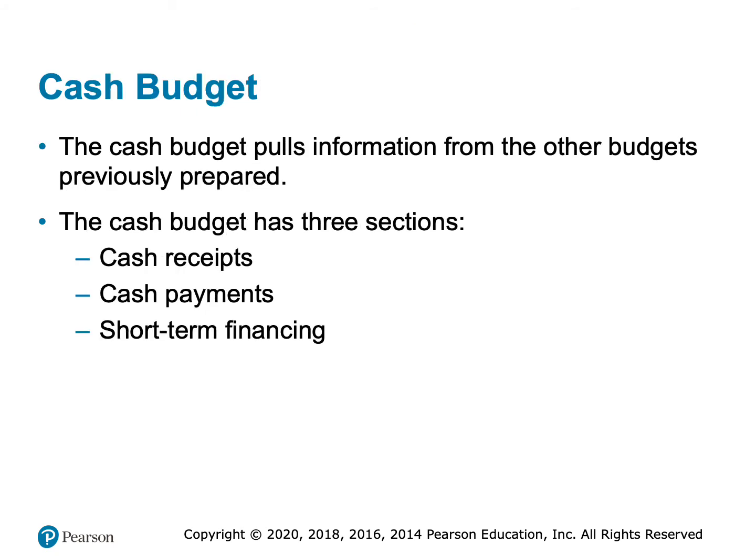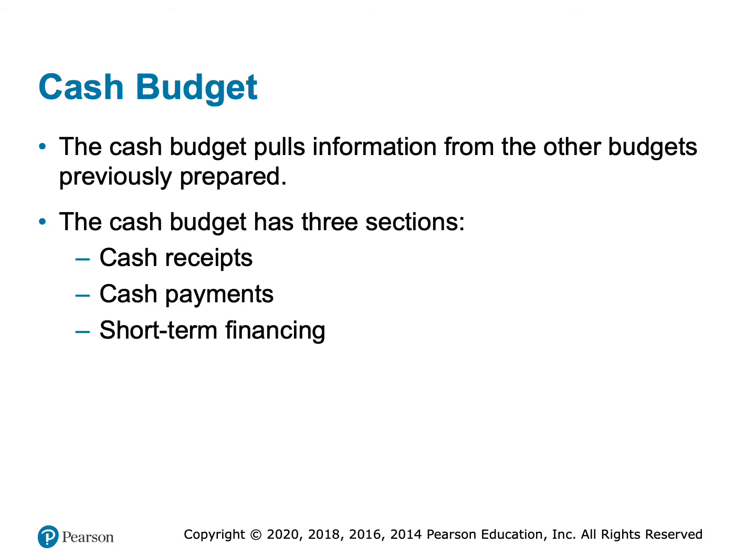So the cash budget's really, again, going to pull from all of those other budgets that we've done. Ideally, you're sitting at a big table, and I realize it may not be ideal circumstances, but maybe you have all of your budgets laid out there that you've filled out, and you can pull from them and flip back and forth through them and find those numbers. Again, it's really important that you know where all of the numbers come from. If you have a problem finding a number, pause the video, go try to find it, or post a message